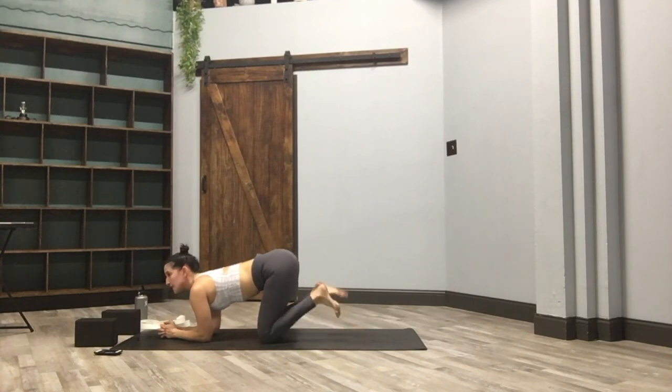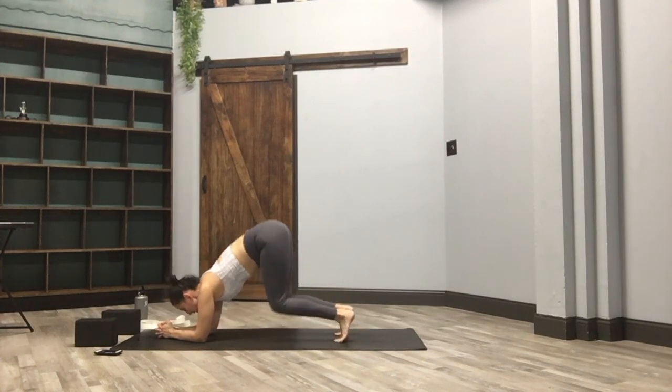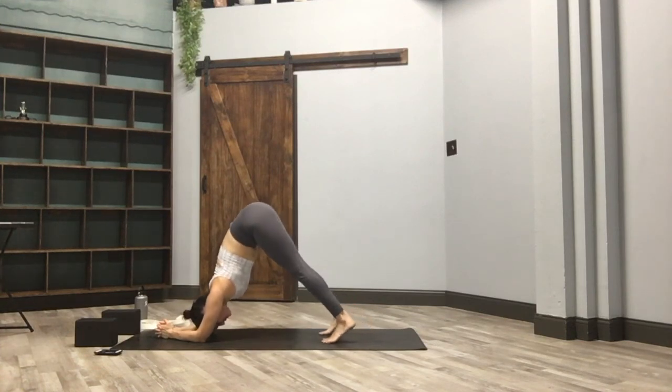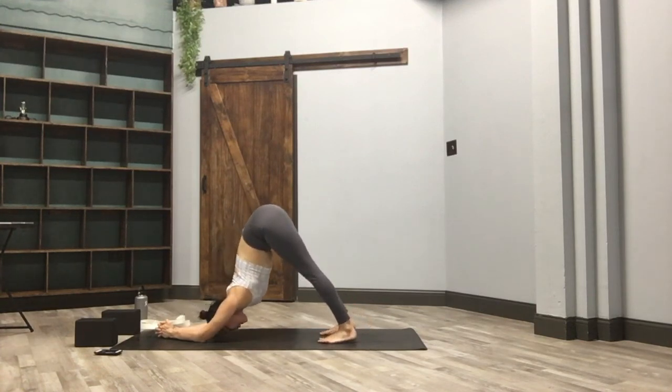From here, you're just going to tuck the toes, lift the knees and the hips, and come into what would be downward facing dog, but on your forearms. I like to take two variations of dolphin. One where I stretch my chest and my shoulders and the back of my legs, and the way I do that is I walk my toes up, push the mat away, and draw the heels down, opening up the chest